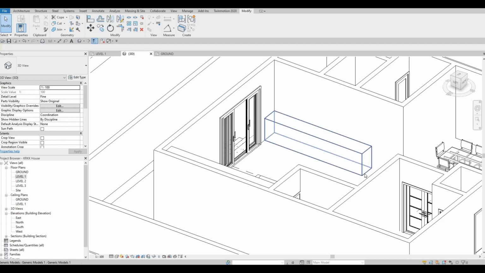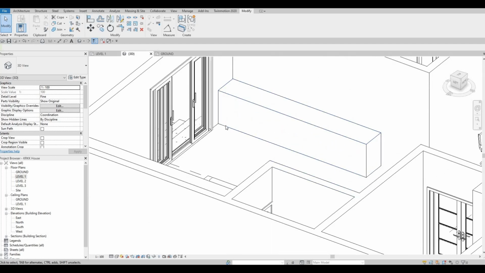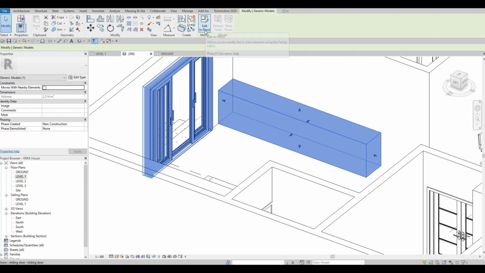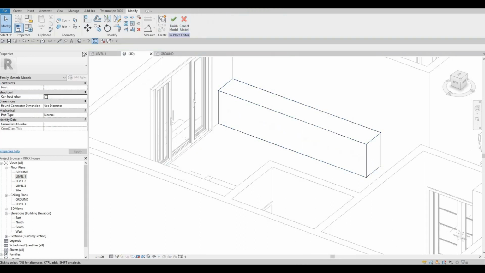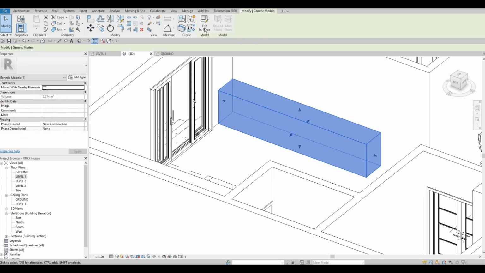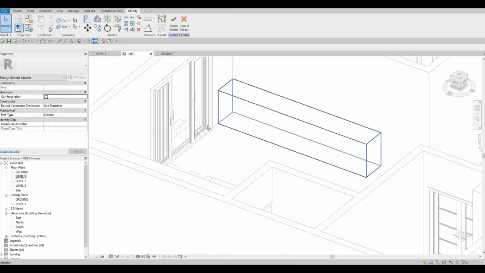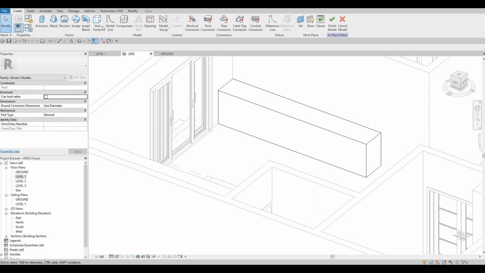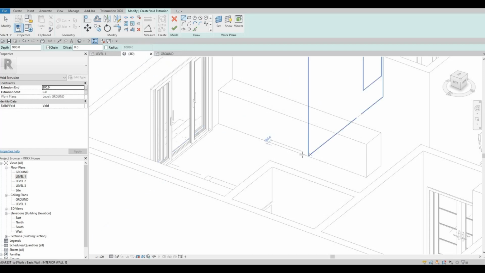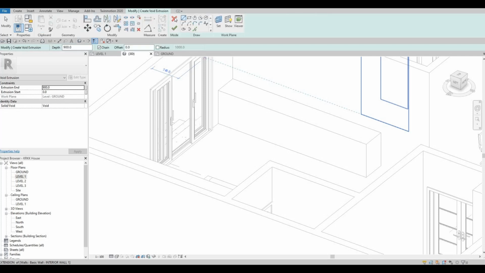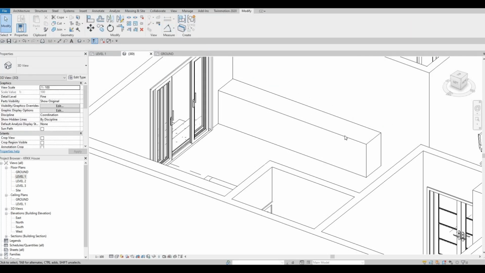So now what I'm gonna do is clean up. So I'm going to click on edit in place, and then we're going to have a kickboard or kick plate right here. So now go back to create, and then we're going to add a void extrusion. Or instead of void extrusion, I think it's better if we just